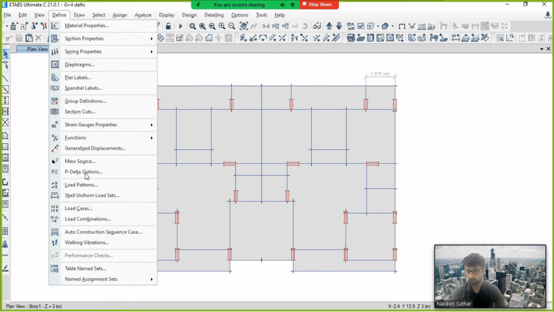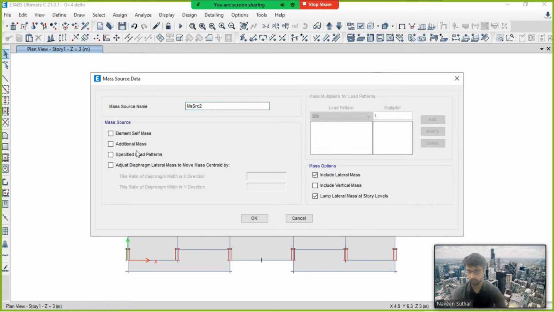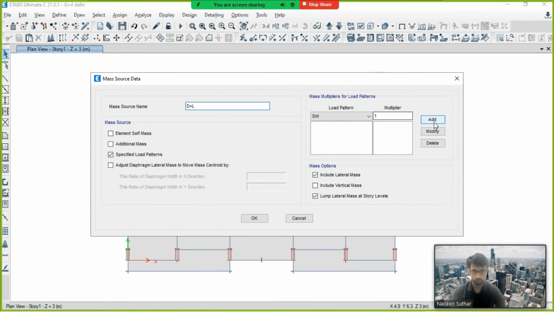So for that, we will go to the define, go to the mass source, and then we will add a copy of mass source, and we will untick these two and the specific load pattern. Here we will write dead plus live, and so 1 for the dead load and 0.25 for less than 3 and greater than 3.5. Okay, so we will add here and we'll go to finish and we'll add one more and service add, sunken add, and wall add, and then less than 3 it's 0.25 and for greater than 3 it's 0.5. Okay, and okay,